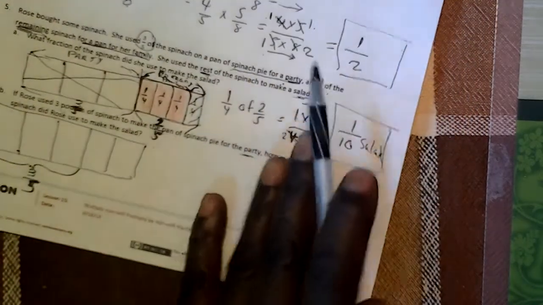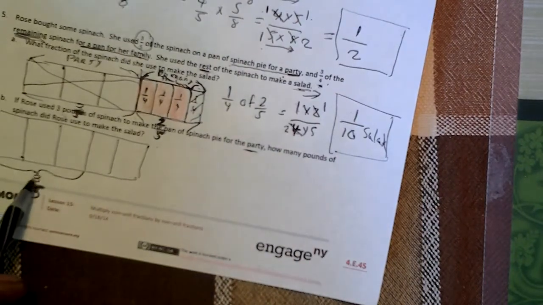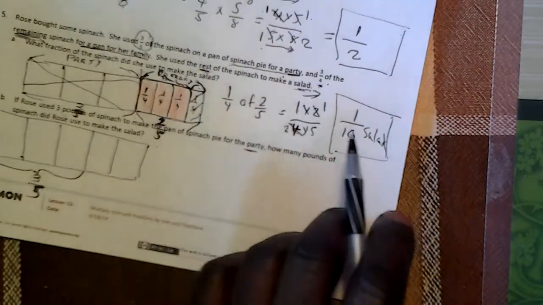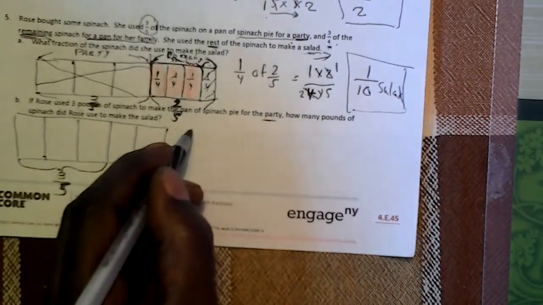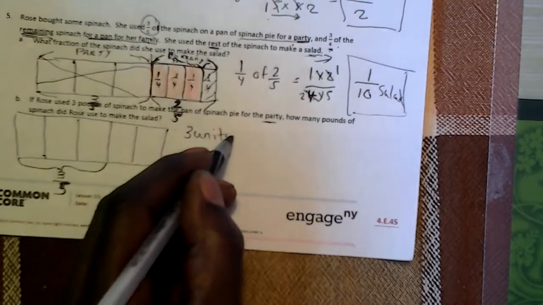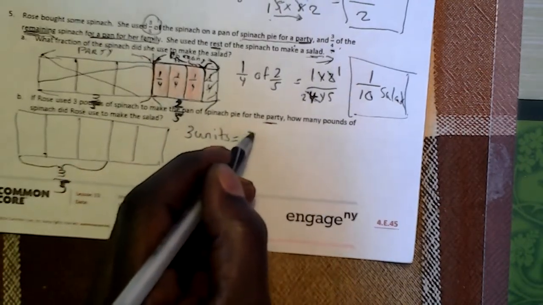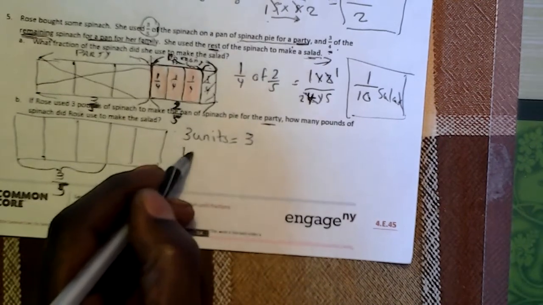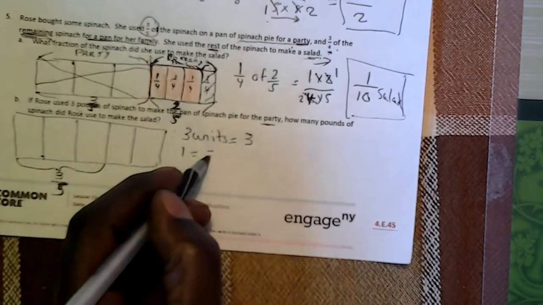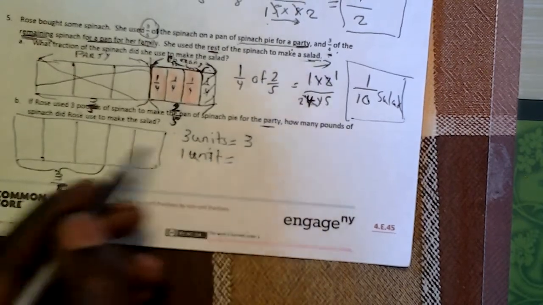So let's just look at that section, okay? You remember how to do your units, right? So we know 3 units equals how much? How much did she use? She used 3, right? So 1 unit equals